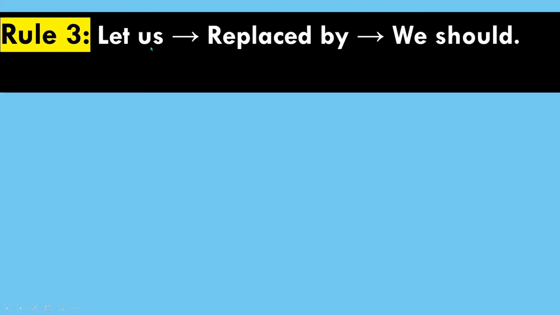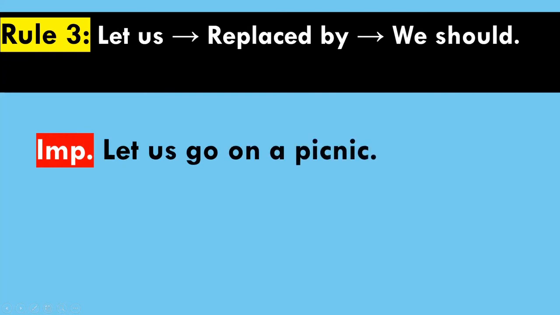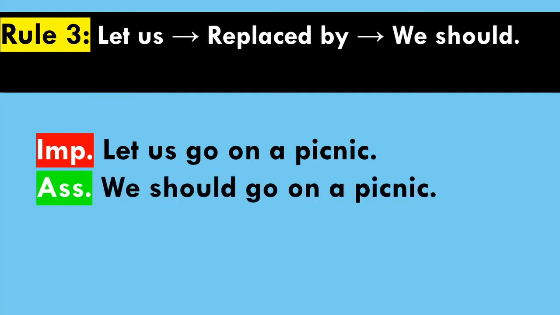So we cannot use "us" as the subject because it is an objective pronoun. So we have to use subjective pronouns. Whenever "let us" is given, we will be replacing "let us" with "we should", and as I said, after "should" we write whatever is used after "us". For example, "Let us go on a picnic." Here we have to remove "let us" and we can just say "We should go on a picnic." So both have the same meaning, though the sentence has been transformed from imperative to assertive. The tone has been changed, the structure has been changed, but the meaning is not changed at all.